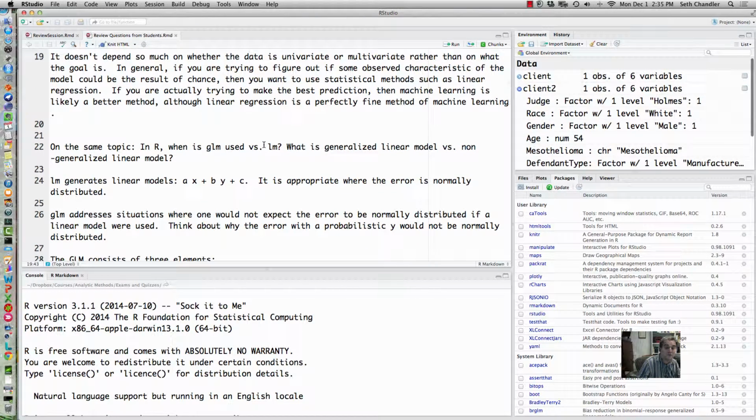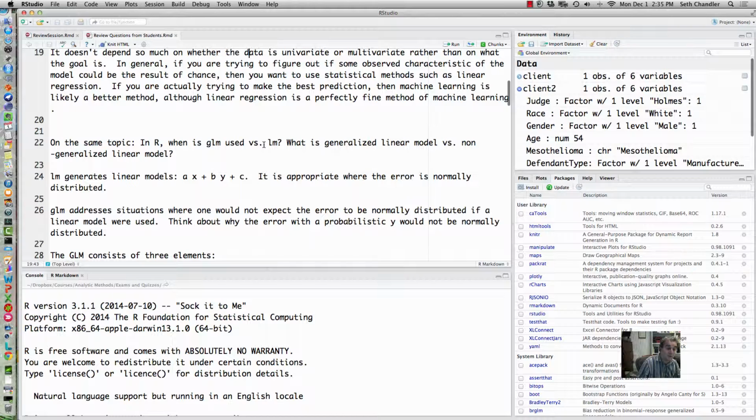So, when is GLM used versus LM? Okay, so LM is going to be used where you have reason to think that the error, if you used a line, was normally distributed. That is, the error is basically distributed normally around the predicted value. And there are lots of things that more or less fall into that category, or even if they don't, it's not such a bad